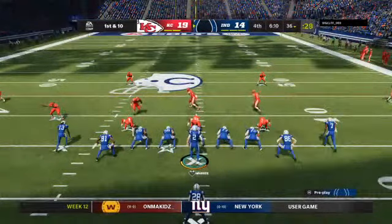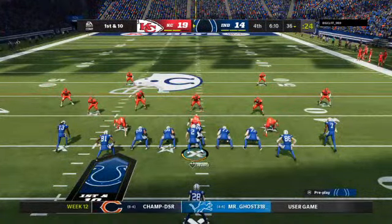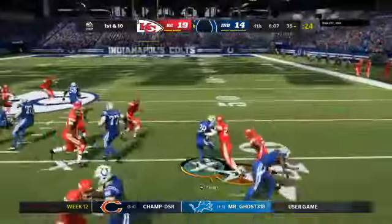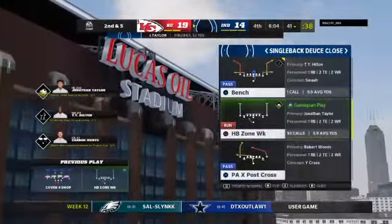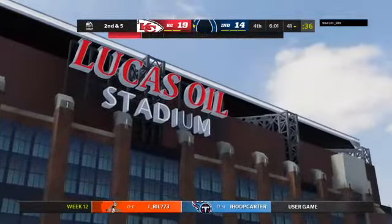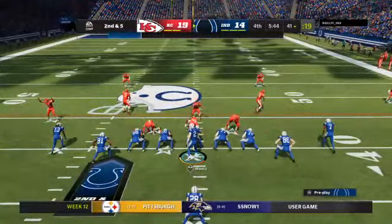The Indy offense at the line and set to go. Their defense accomplished step 1 of the mission. They forced the punt. Now they'll look to erase that deficit and take a 4th quarter lead. And a good physical run that time. He's going to wind up gaining 5 on that one. Nice satisfying run on 1st down for the offense, picking up 5, which means defensively, the thought process is entirely